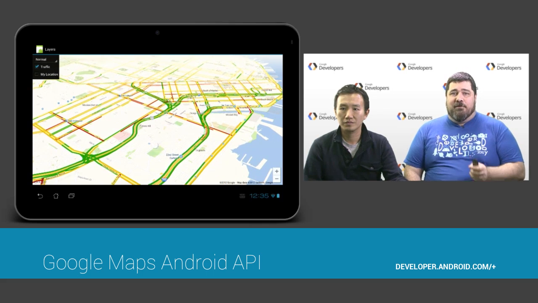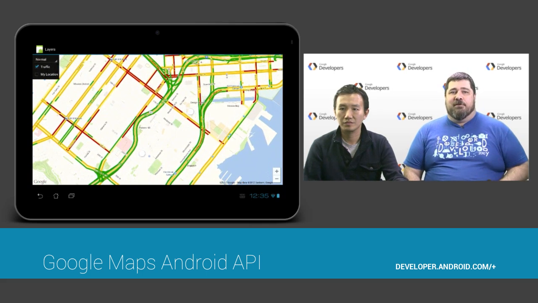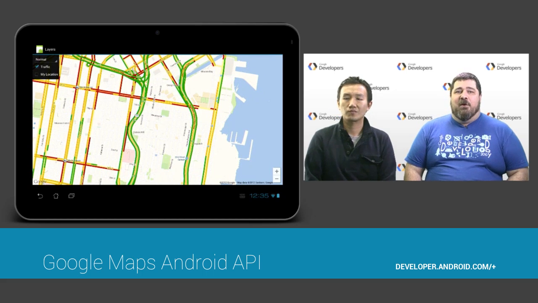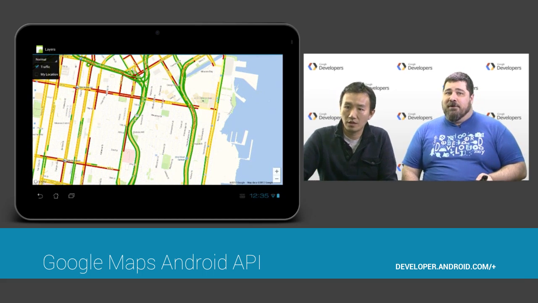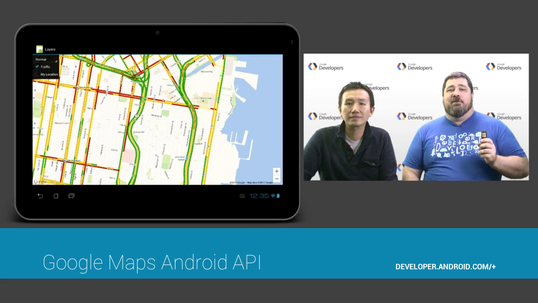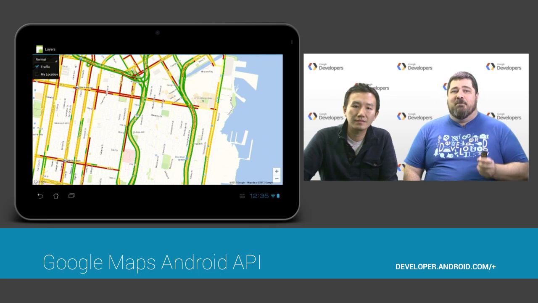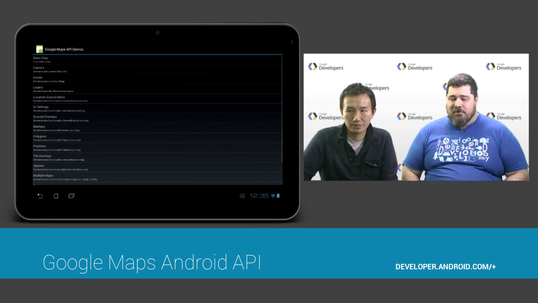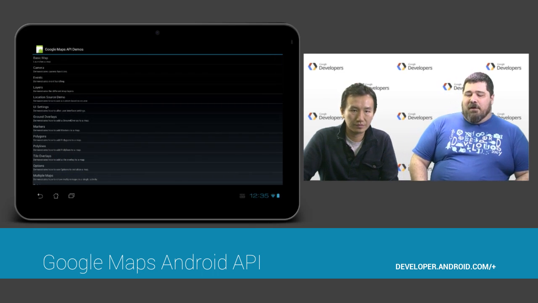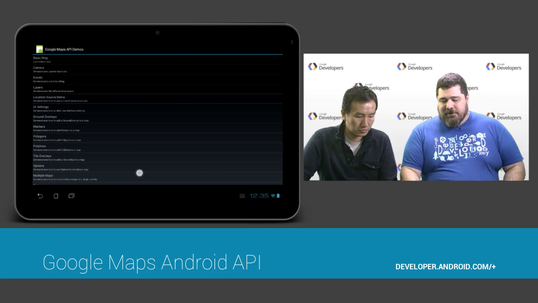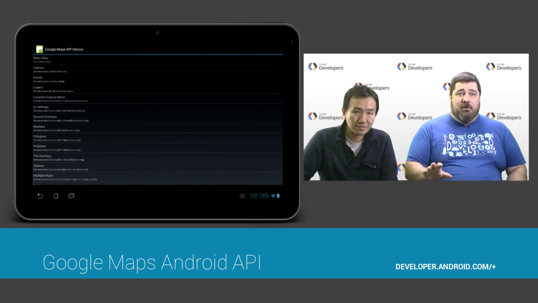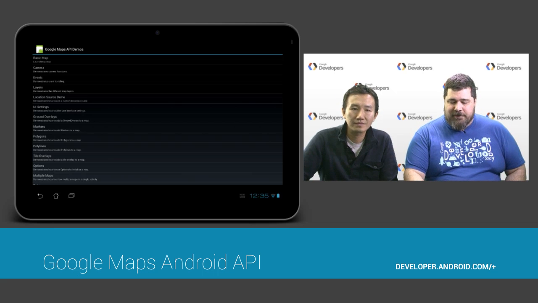The source code for this app is actually part of the Google Play Services package that you can get with the Android SDK Manager. We're planning to cover more technical details in future shows, but in the meantime, you can check out the code for the demo app to get a better feel for how the API works. So you'll see that there's actually a ton of demos here, and we're going to just show you a few of the really cool and interesting things that are new in